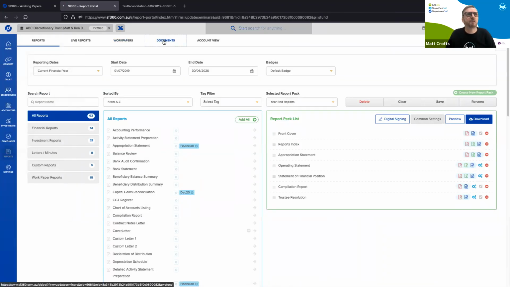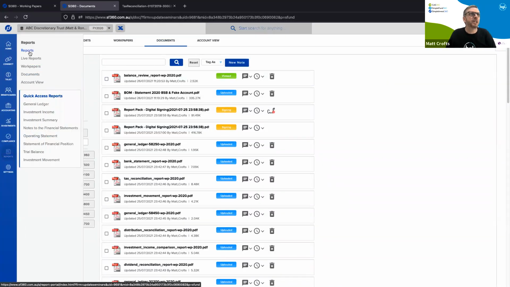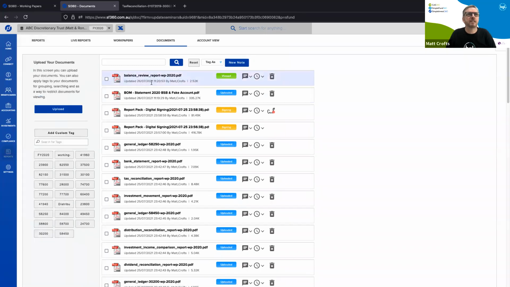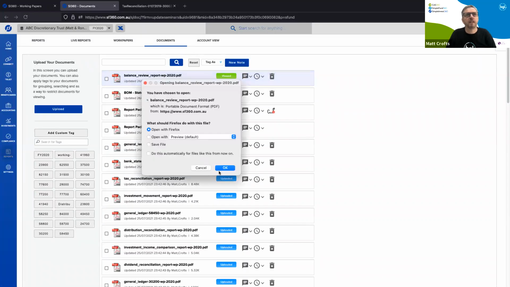So the last thing I wanted to show you, and we'll probably wrap it up, that was work papers. We have got a full document solution here as well. And I just wanted to show you the digital signing. So this is some documents I sent out before, which were sent out for digital signing, and they've been viewed and signed. It's going to open hopefully with Firefox.